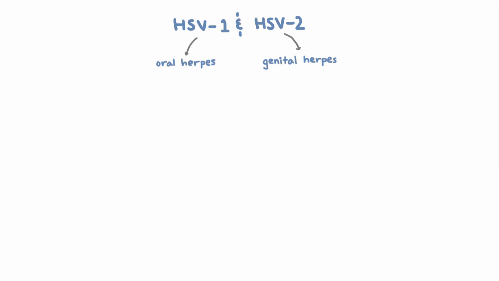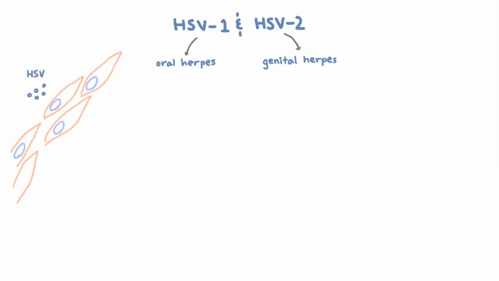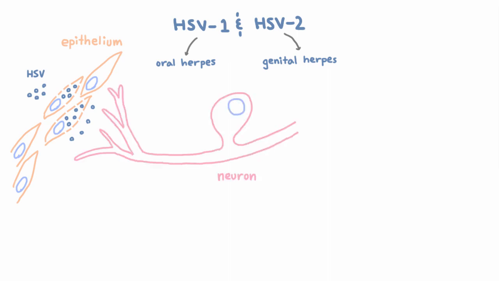Well, first, in primary infection, the virus enters the body through a mucosal surface or through an abraded or damaged epithelium. And it actually replicates in the epithelial cells, and that causes the lesions that you see. We'll talk later about what they look like. But it doesn't stop there, because this is a neurotropic virus, meaning it likes neurons, and it's actually going to be taken up by sensory neurons. And it undergoes retrograde transport back to the sensory ganglia, that's the cell body,